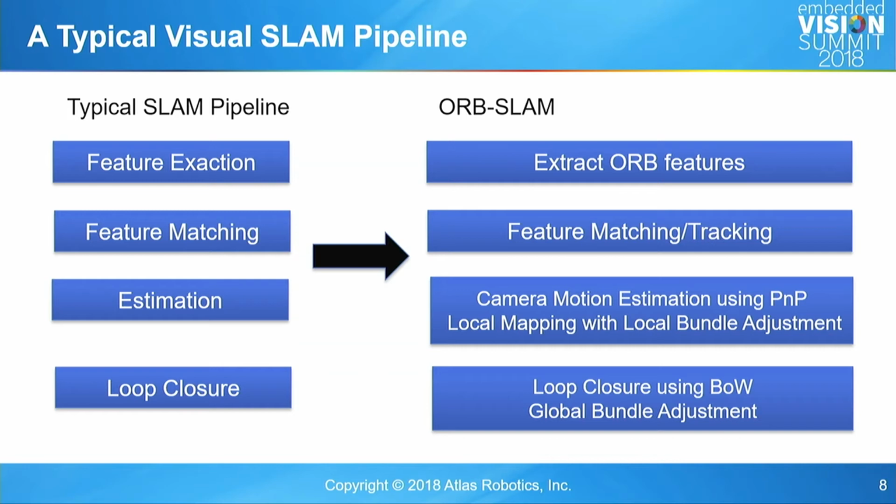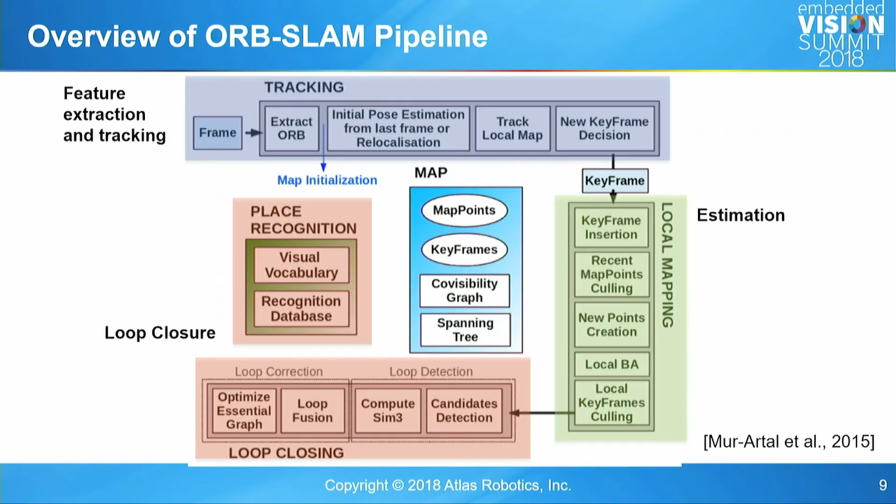And then later they detect loops, whether there is any place visited earlier, and once they detect that, they do the global bundle adjustment to complete the SLAM task. I will go over each of them in detail in a later slide. So what I just described are the actual building blocks, the components of ORB SLAM,